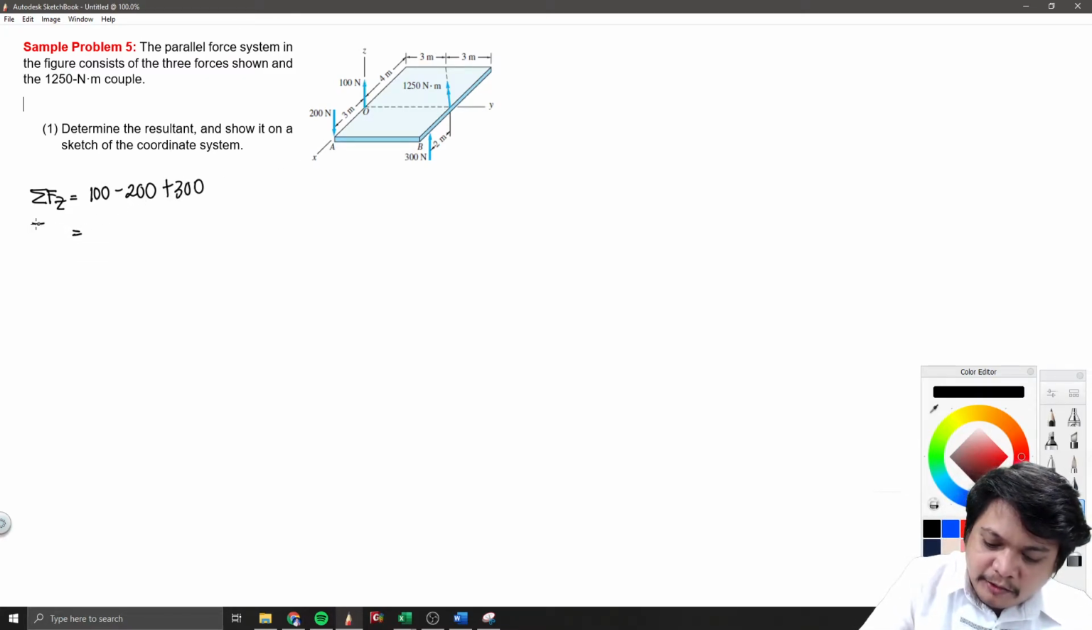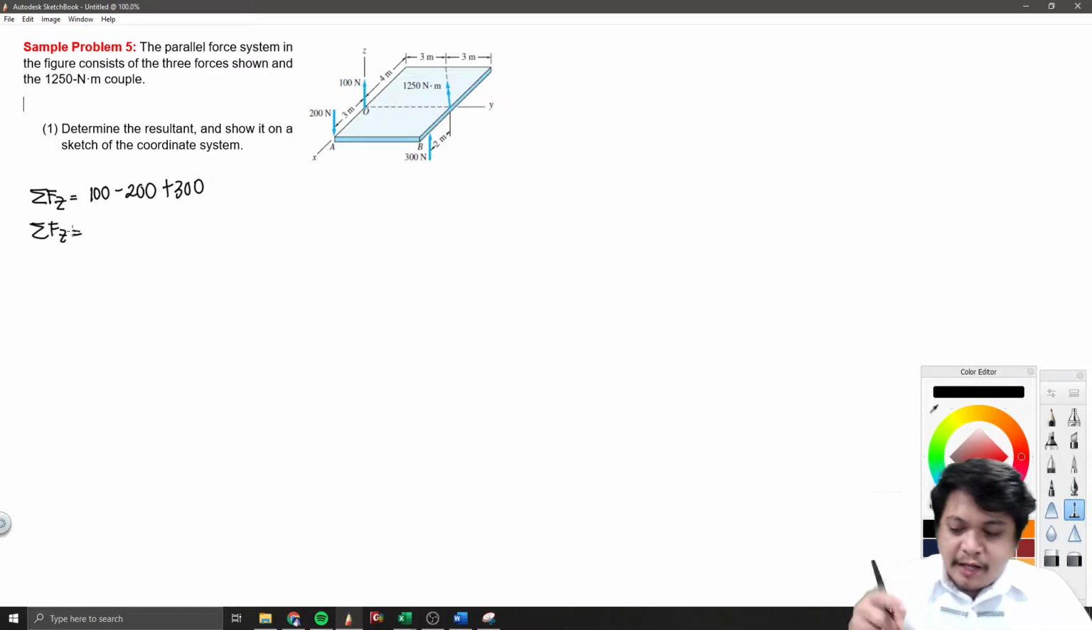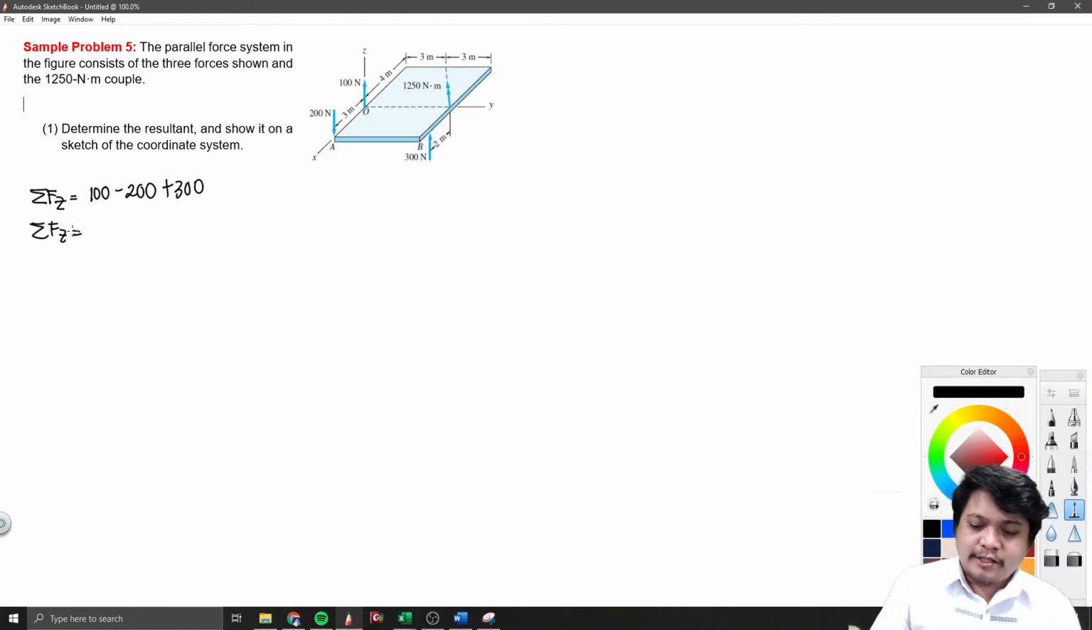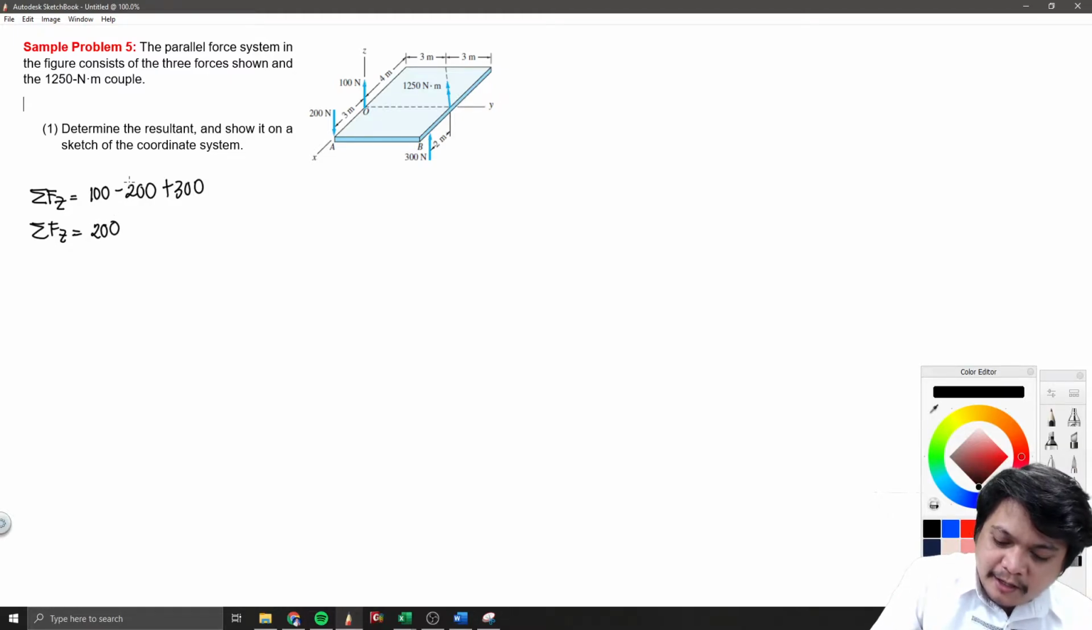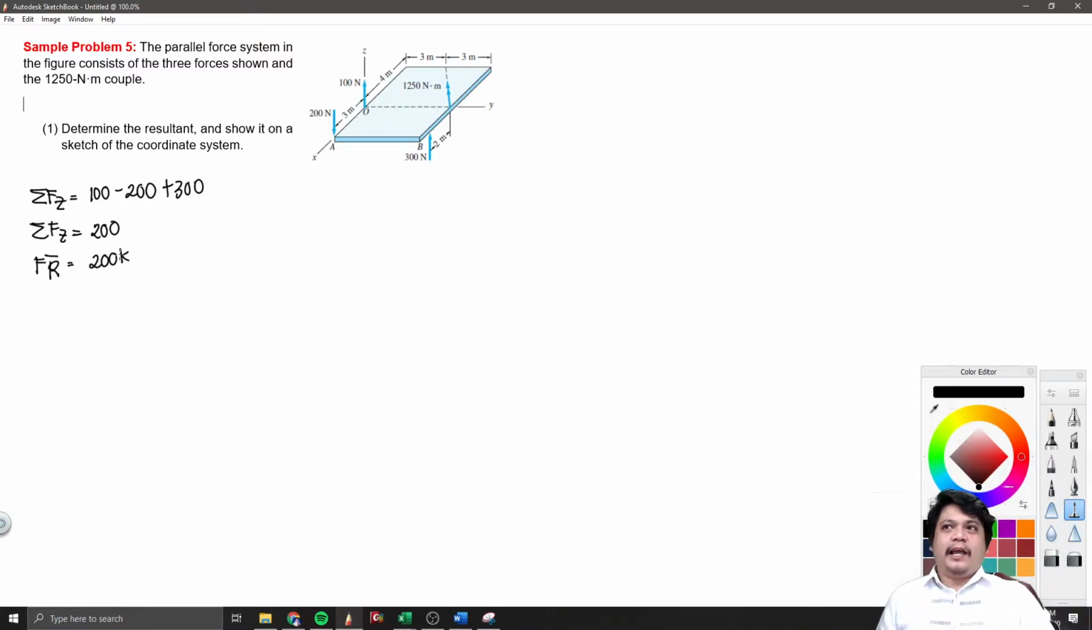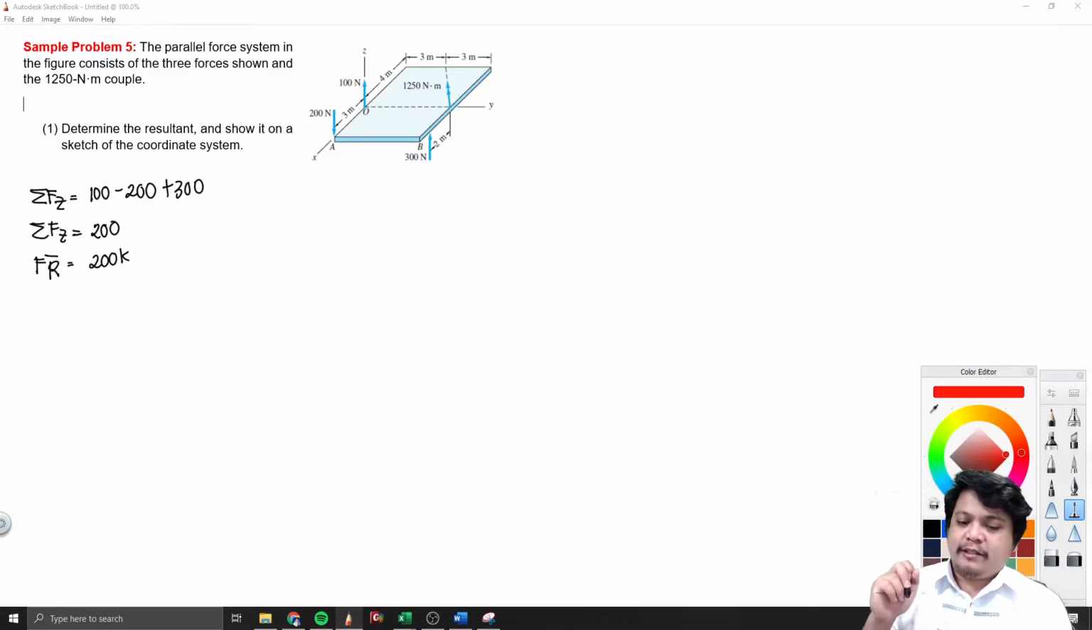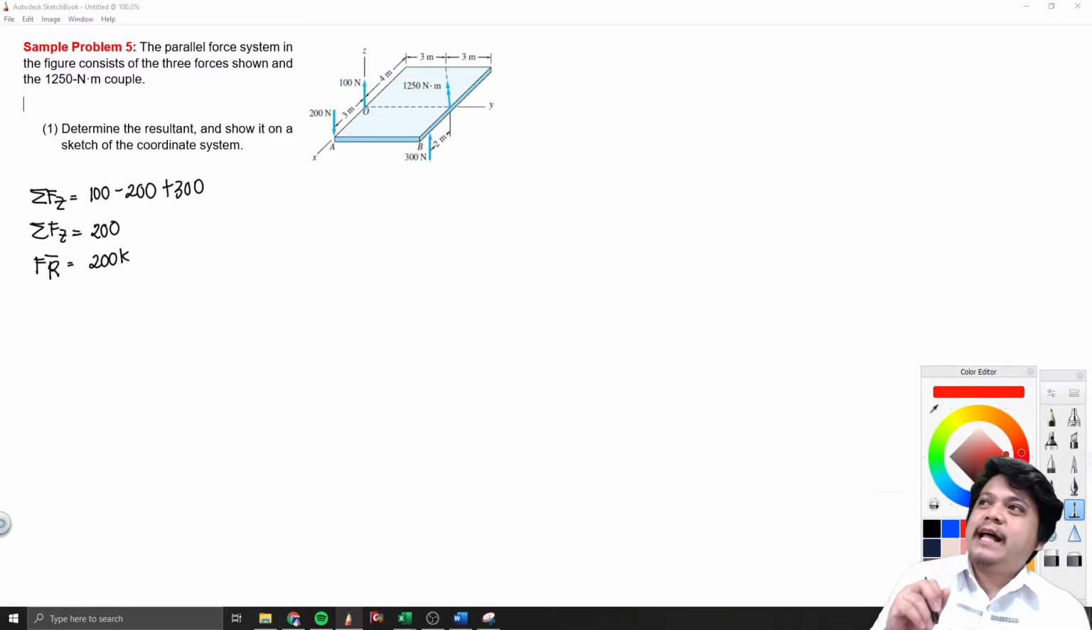Pababa na negative 200 and then pataas na 300. Okay, so ito na yung aking FCA, and actually, yan na rin yung resultant mo. 100 minus 200 plus 300. So you have here 200 positive, no? So yung pinaka R natin, yung force R natin, that is equal to 200K. Okay? Ngayon, yung 200K na yon, hindi natin alam kung saan yung kanyang